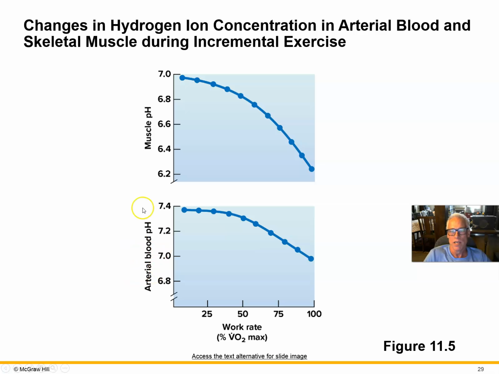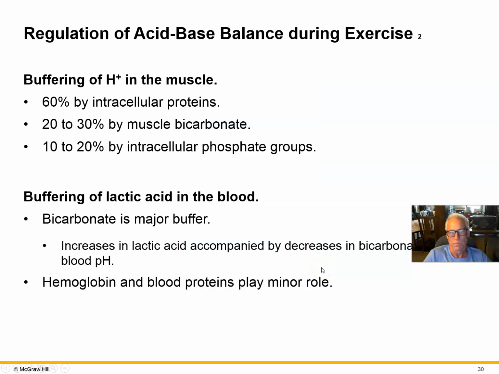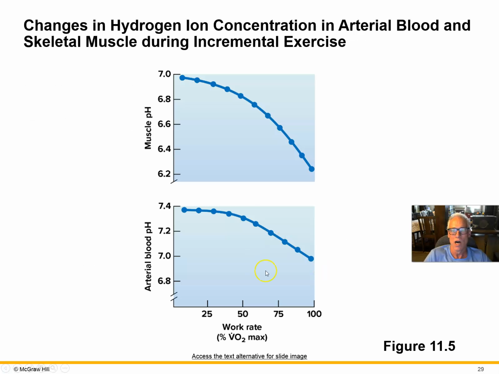But eventually, the blood even starts to become acidic. Well, when we say acidic, we mean not very acidic, but that's a big drop in terms of physiological terms. Dropping from 7.4 down to 7.0 during the highest intensity work rates, that's a significant acidification. So that's what can happen when we exhaust the buffer.